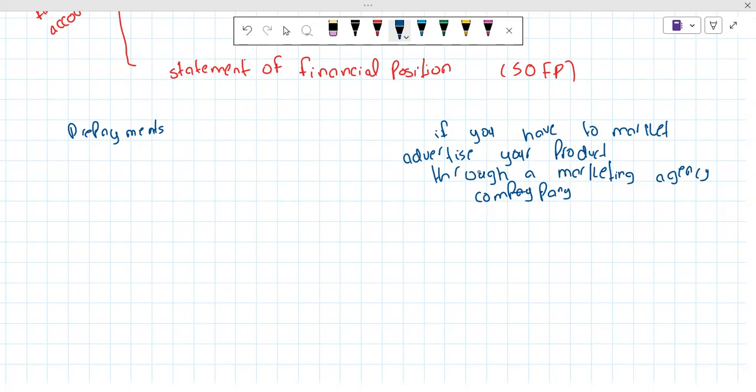So if you have to market or advertise your product through a marketing agency, and you are paying something to the marketing agency, because of course you have to pay, it means that payment is an expense. Okay, so if you pay $5,000,